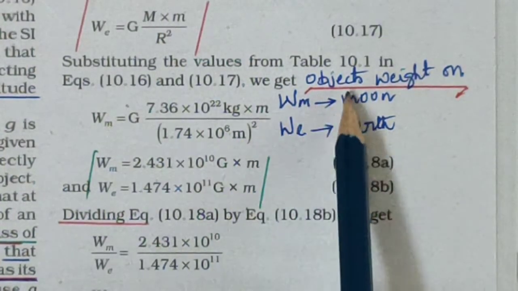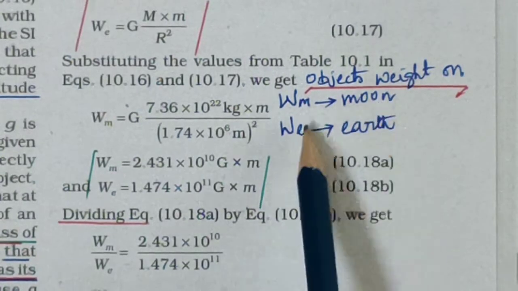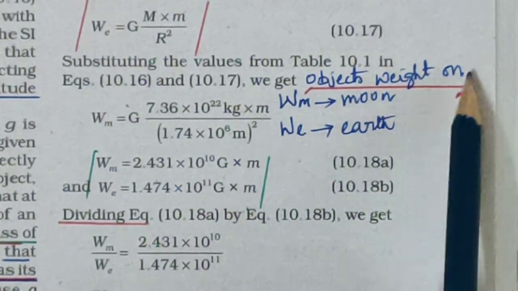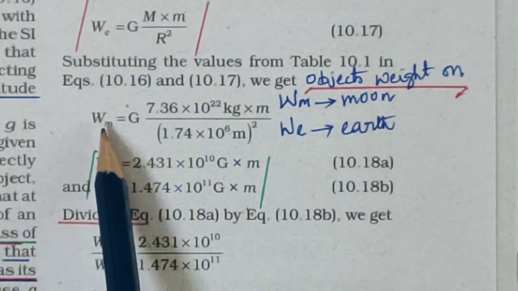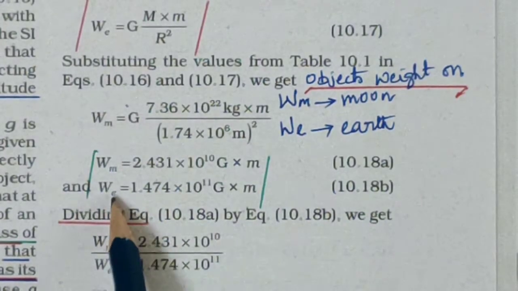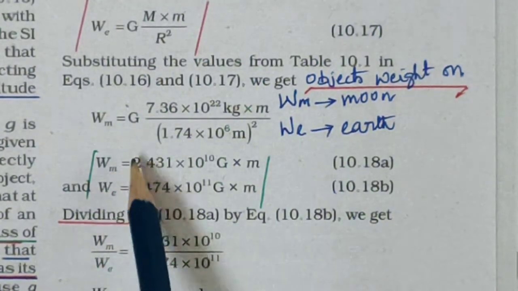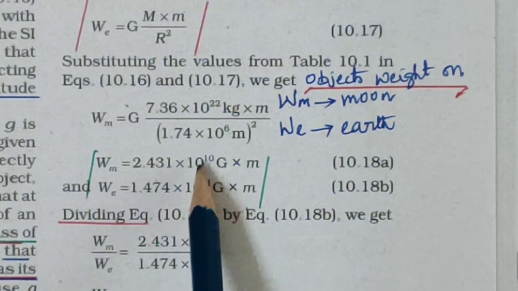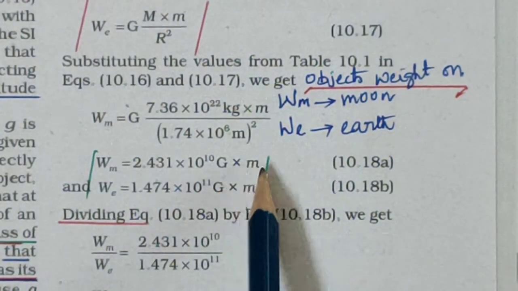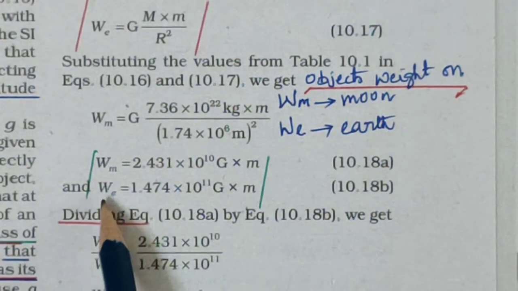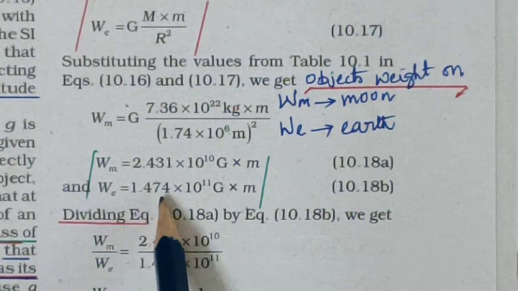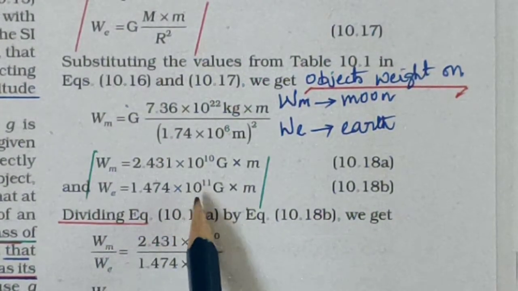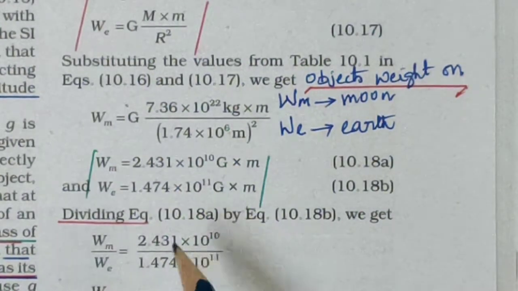Here Wm is the object's weight on the moon, We is the object's weight on the earth. After calculation we got Wm is equal to 2.431 into 10 to the power of 8 g into m. The object's weight on the earth is 1.474 into 10 to the power of 11 g into m. Dividing these two,